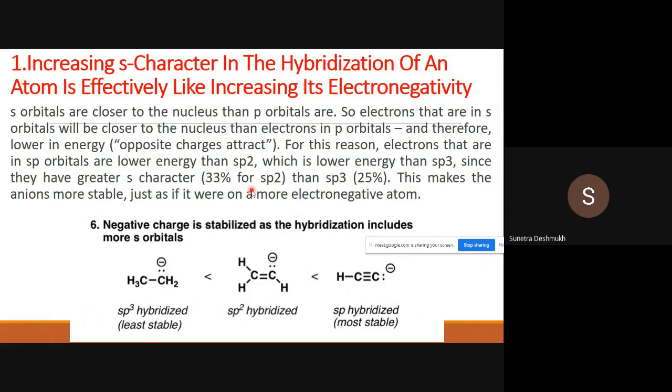Due to this interaction, the sp hybridized carbanion is lower in energy because of this opposite charge attraction. With 50% s orbital and 50% p orbital, 50% of the electrons are in close contact with the nucleus in the sp hybridized orbital. That's why it is lower in energy, and as the energy is lower, the carbanion residing on the sp hybridized carbon atom is more stable than the sp2 or sp3 hybridized ones. In sp2 hybridization the s character is 33%, and in sp3 hybridization the s character is 25%. That means electron density